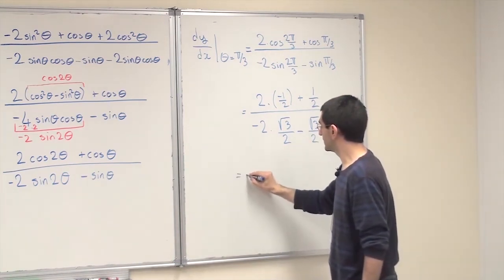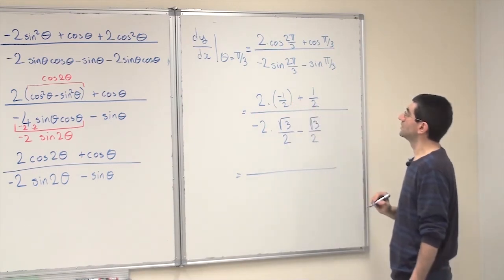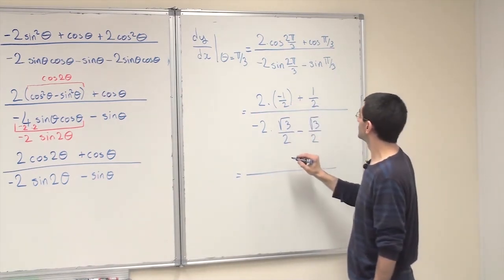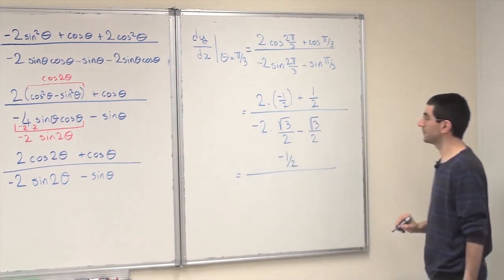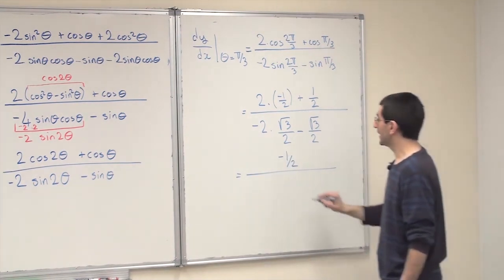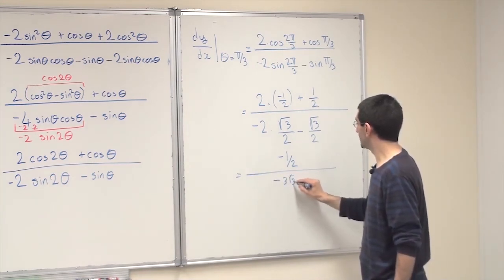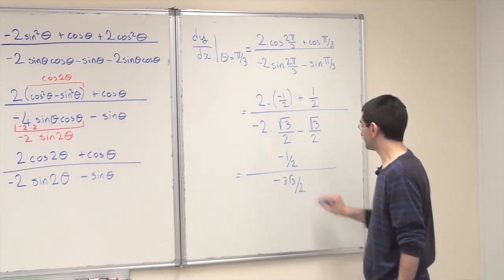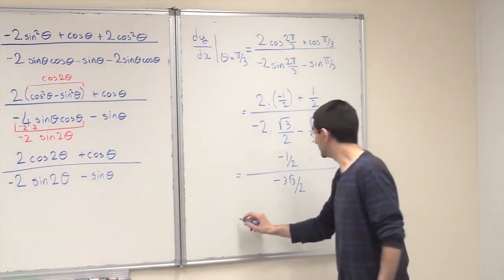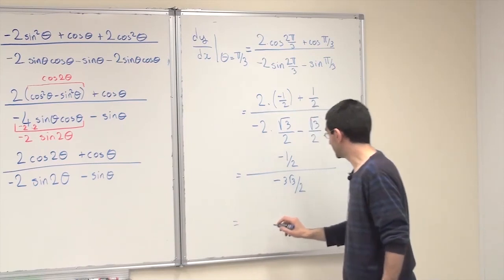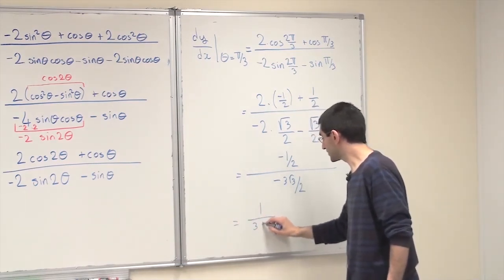So all this simplifies to negative 1 plus 1 over 2, so negative 1 over 2 in the numerator, and negative 3 square root of 3 over 2 in the denominator. And this here can be written as 1 over 3 square root of